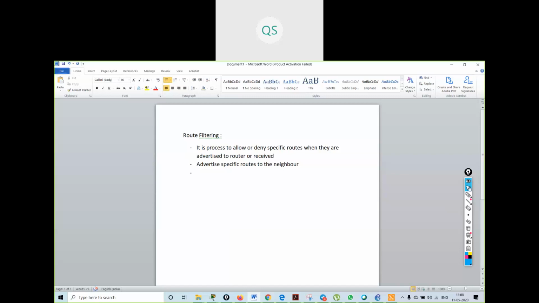Suppose I want to advertise a specific route. We'll see some examples when we learn in depth about route filtering.